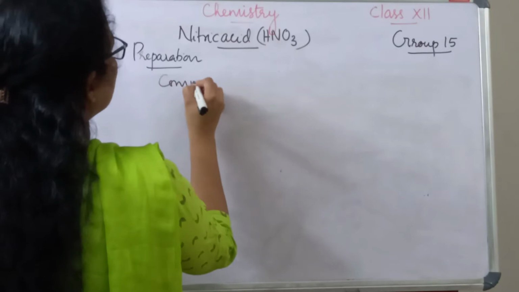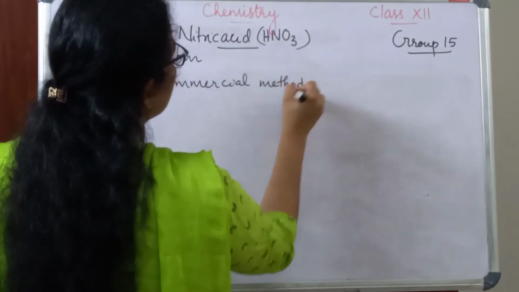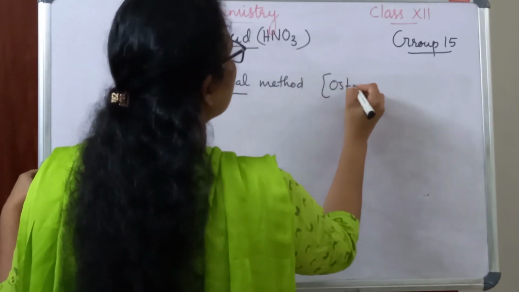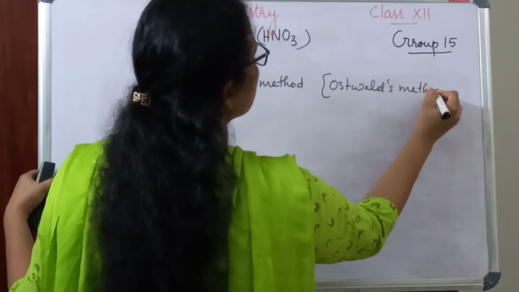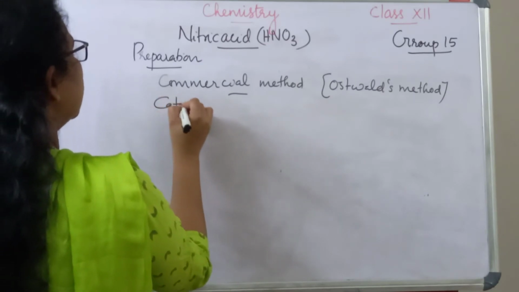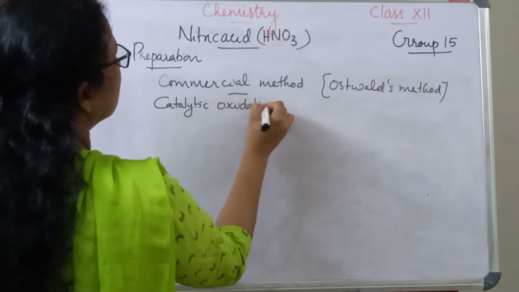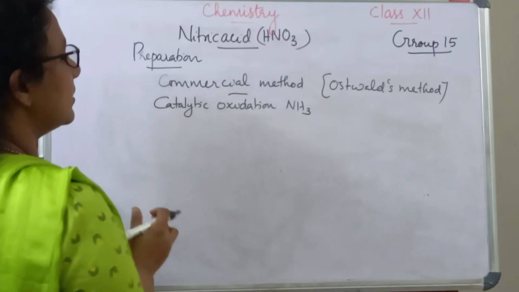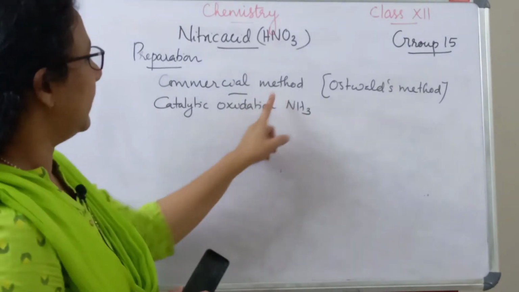The commercial method is called Ostwald's method, or Ostwald's process. Here the catalytic oxidation of ammonia takes place. So the catalytic oxidation of ammonia, that is actually the commercial method for the preparation of nitric